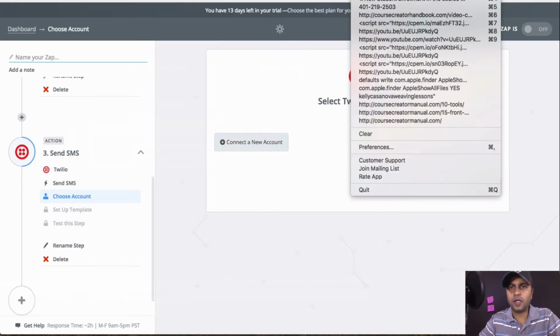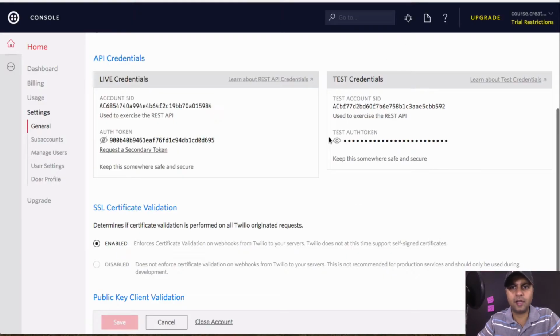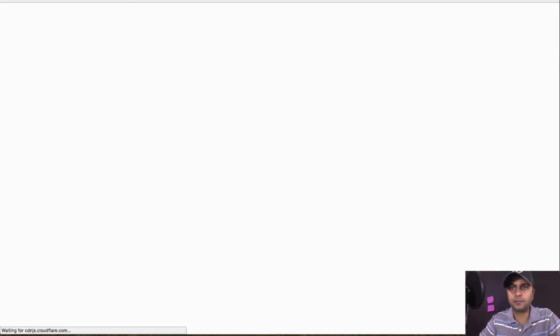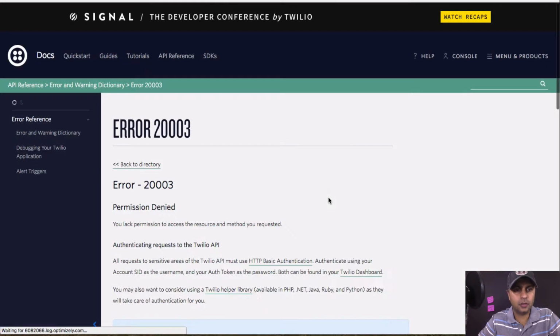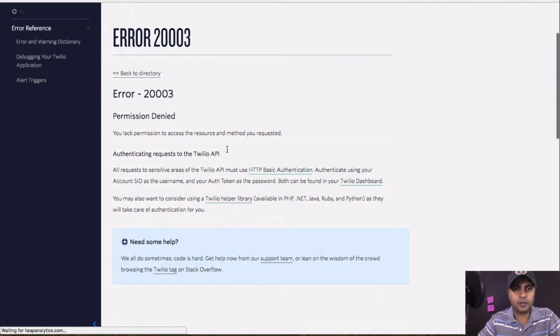Alright guys, sorry about that, bear with me. I'm trying to get this done so I can show you how it works. I've done this before, I just don't know why it's not working. Let's see what this error says. Maybe it can point us in the right direction. Your lack of access to the resource, authenticating request to